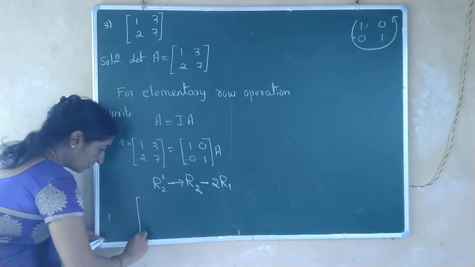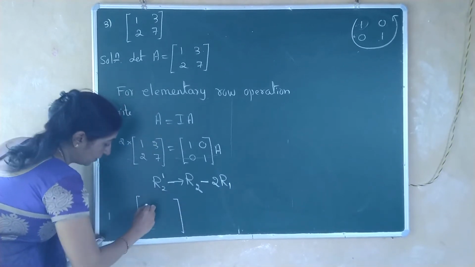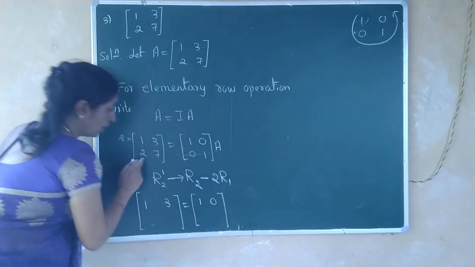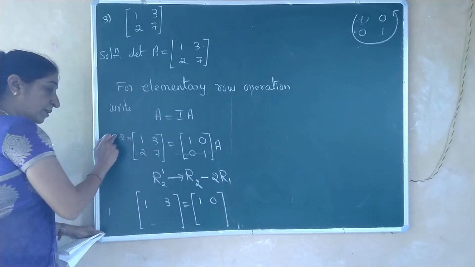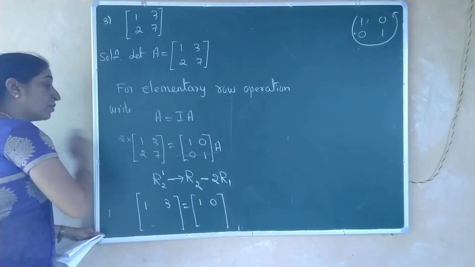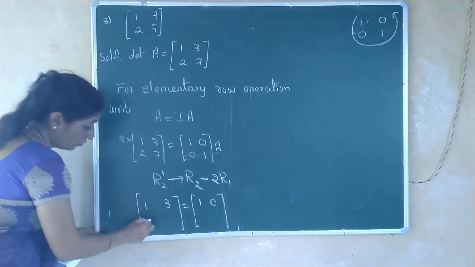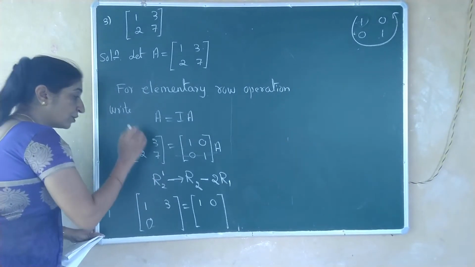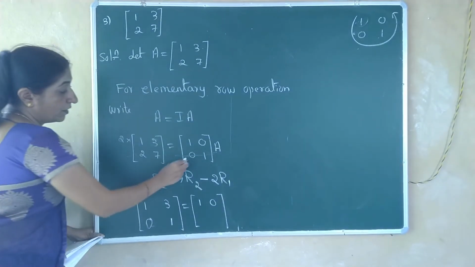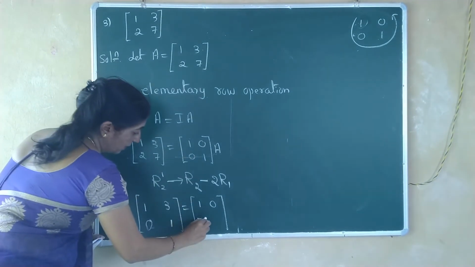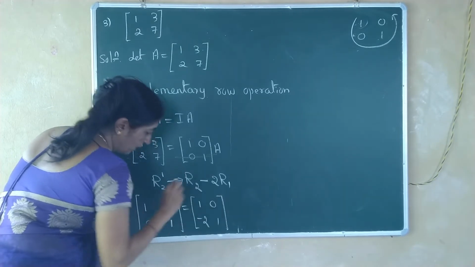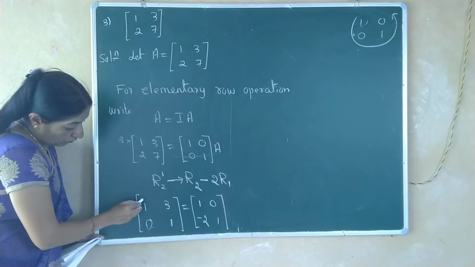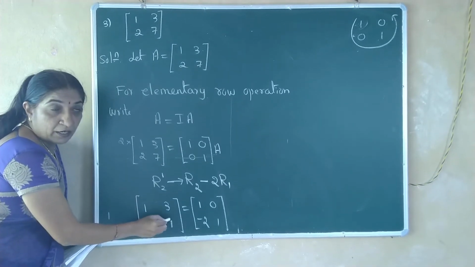First write down the first row elements as it is. Then write down 2 minus 2. Why 2? Because we are multiplying each element of the first row by 2. 2 minus 2 is 0. Here what you are doing? 7 minus 6, because 2 into 3 is 6. 7 minus 6 is 1. 0 minus 2, that is minus 2. 1 minus 0 is 1. See, you are very lucky. At the same time we got 0 and 1. Compare with that 1 0 1. Now what is the next step?